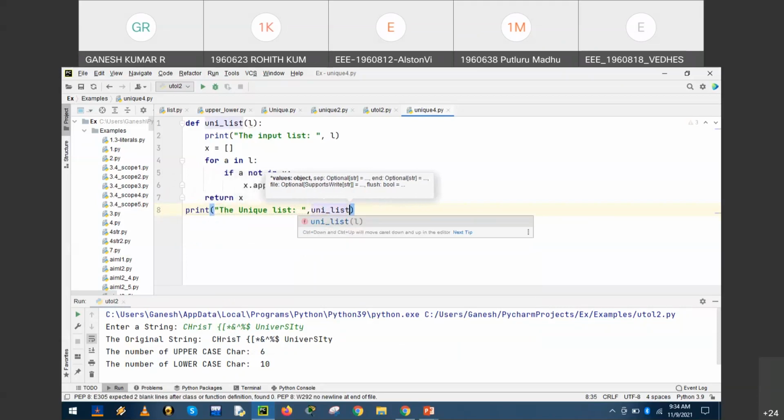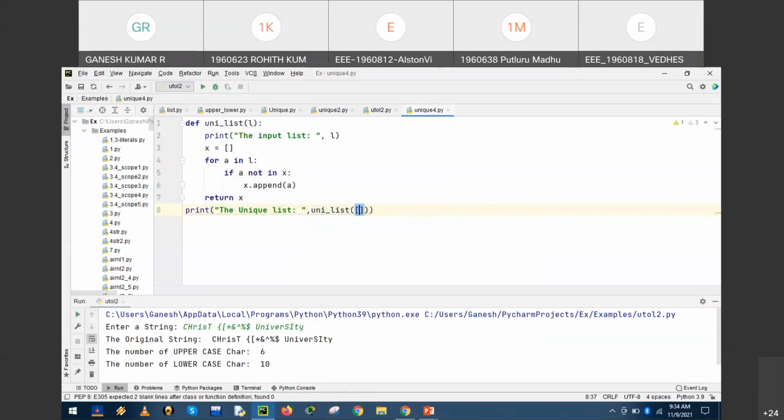UNI underscore LIST, right? So here we can supply the values 1 comma 2 comma 3 comma 3 comma 3 comma 4 comma 4 comma 5. Okay, let us limit it to 8 values. Is it clear?